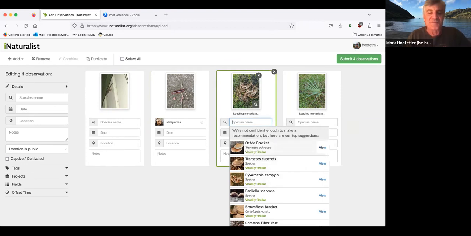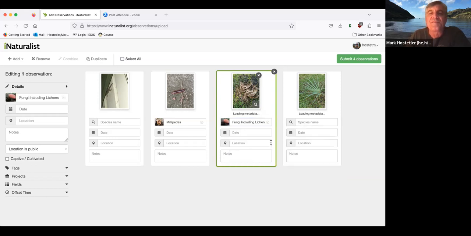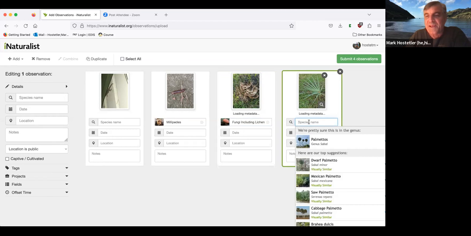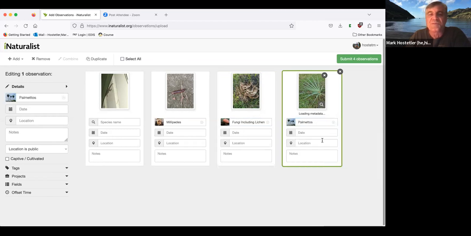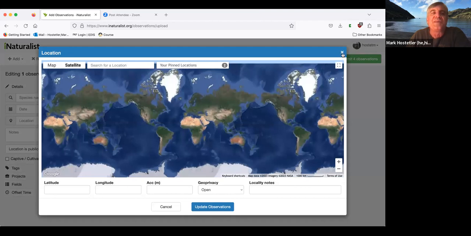So what I do is just put it in the fungi. And so you can do this with every plant. If, let's say, you don't know what this palmetto is, you can go to the genus and put the palmetto in. And then let's say you wanted to do the location, you could do the location. So it's just really a unique way to